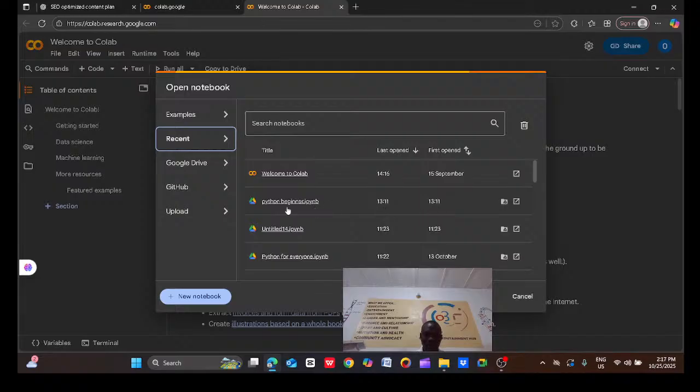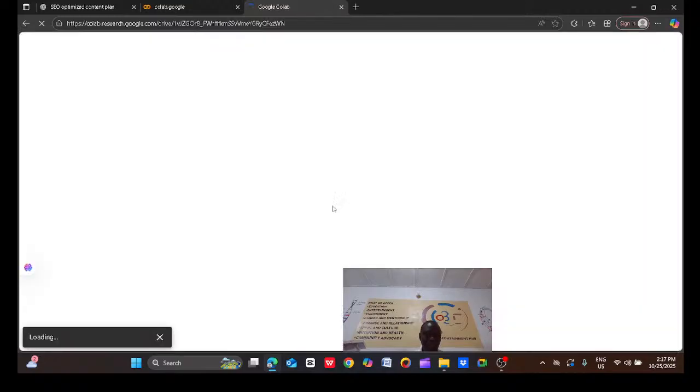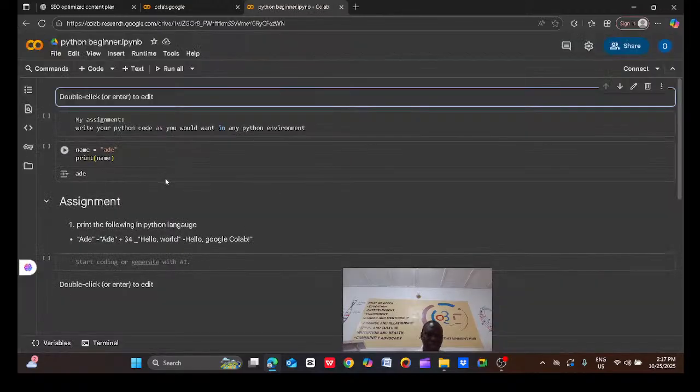So just click back on it and open it back. It's going to bring you to where you stopped, so you can see that this is the continuation. That's why I said you can easily come back to where you stopped, where you can make references and review what you have done.